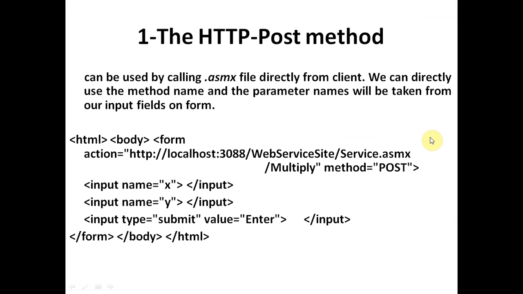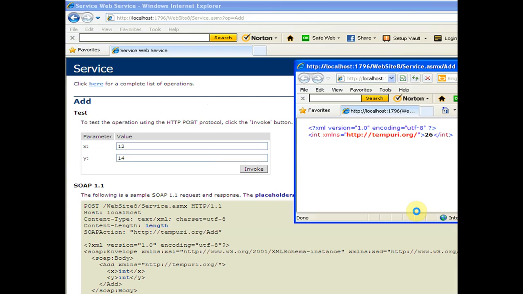So in this program, you have to see this program. Here we have this GUI window. We are writing this program for the GUI. In this GUI you can see we have two text boxes, and x and y are two labels. We will input the values here, and invoke will execute the add function.